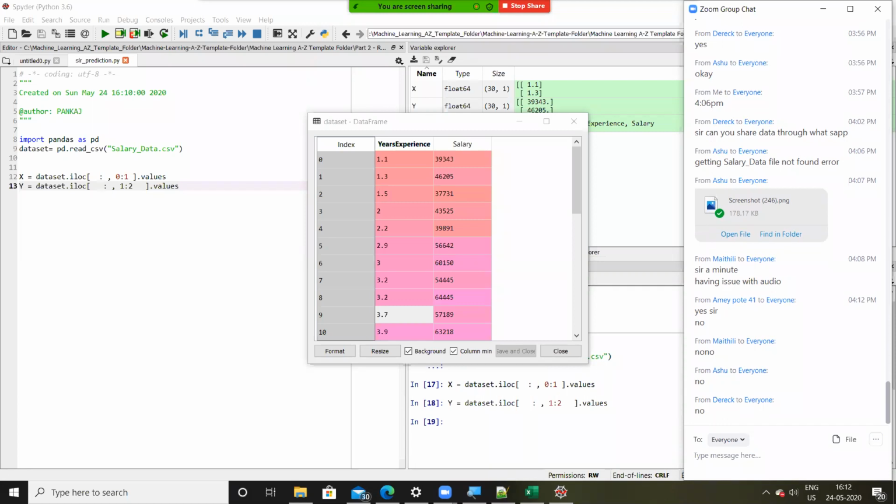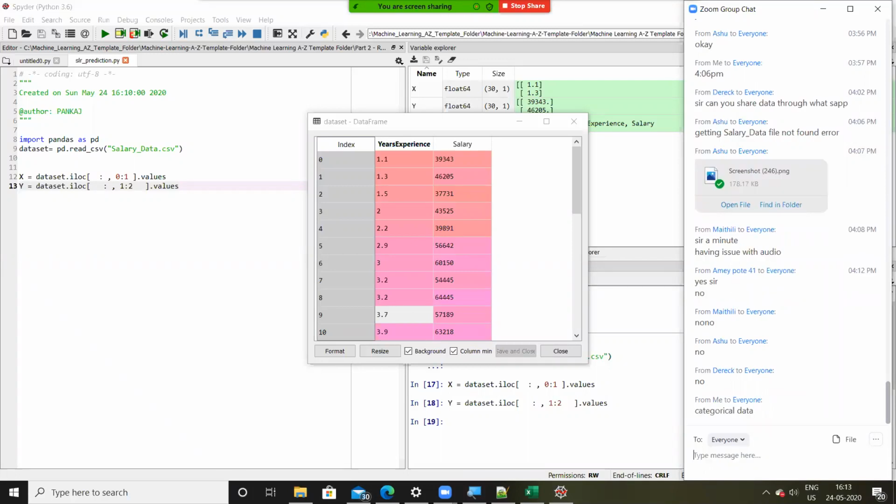Perfect. So there are no missing values in my data set. That's good news, right? That means we don't have to apply the imputer step. Let's move on to the next step of data preprocessing. What was it? Label encoding, right? And why are we doing label encoding? To handle categorical information. Do we have any categorical data in our data set?